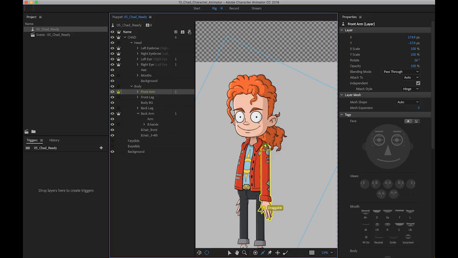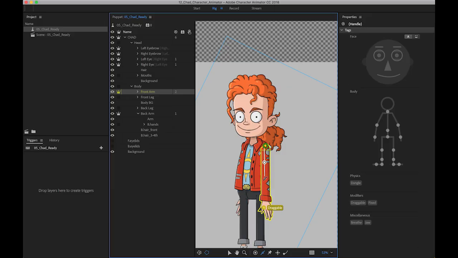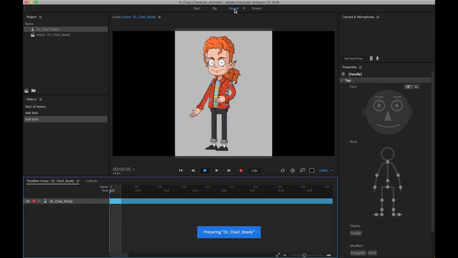Now, I can come up and starting at the top point, I can click and drag and just move down to about the center of the arm and release. Move down just a little bit and then click and drag to come down to the hand to finish. And that's all you need to do. So 2 sticks, a little space in between, kind of where you think the elbow might be, and then finish off. So now if we go to record,